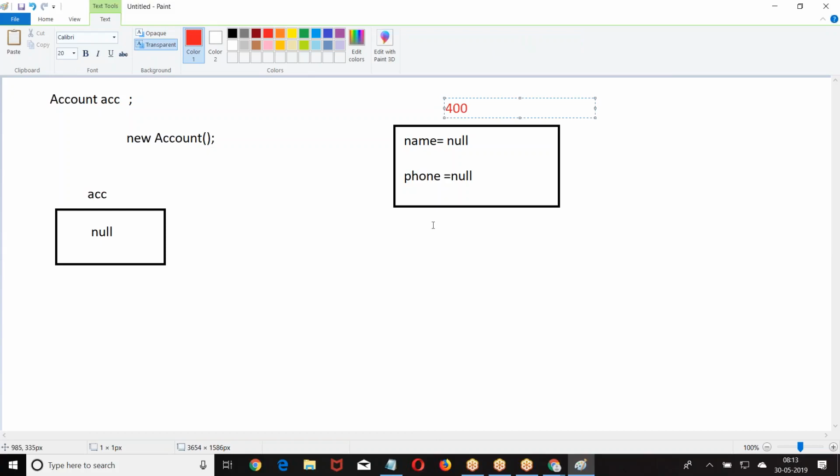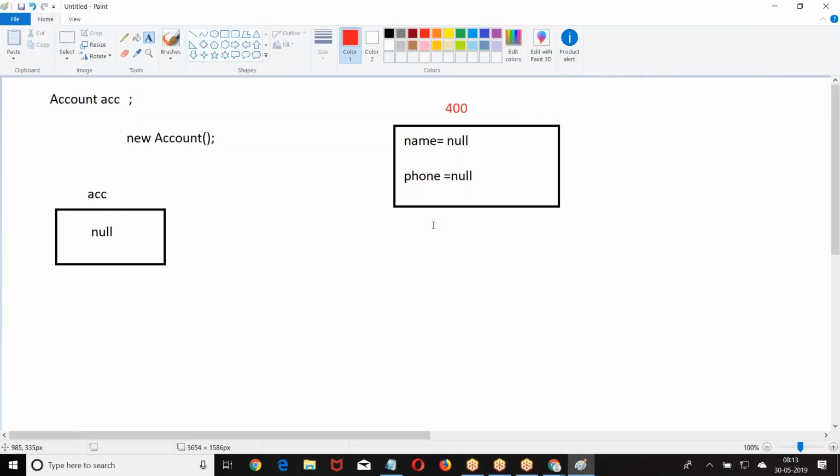Now, how will you refer to this memory? Memory is allocated, and data was there in that memory. We don't know where that memory is. That is the reason I am giving a variable called ACC.